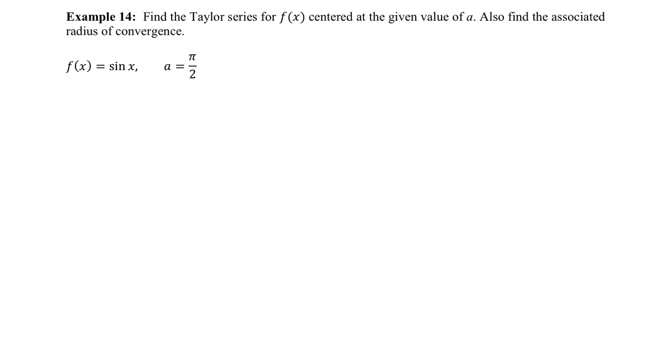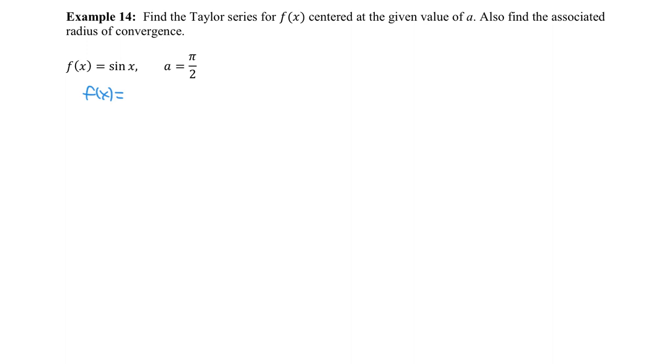All right, so this next example wants us to find a Taylor series. So remember, Maclaurin series is just a special case of the Taylor series where we center it at 0. But now, instead of centering at 0, we're going to center this at a equals pi over 2. All right, so we do this the same as always. We start off with f of x,